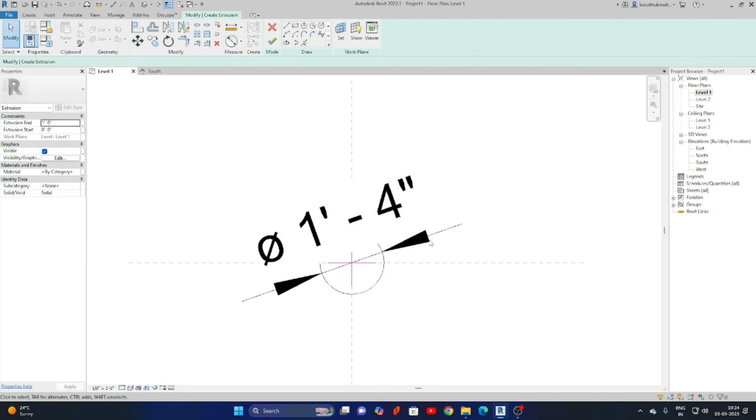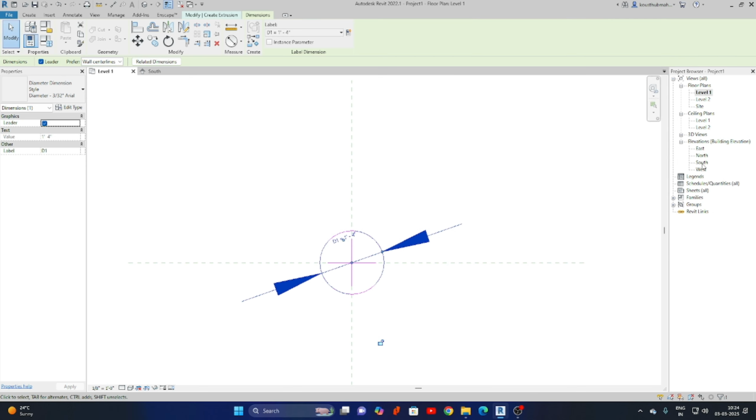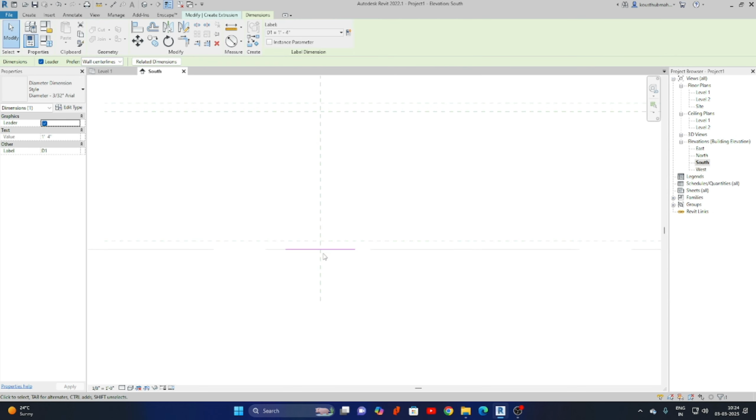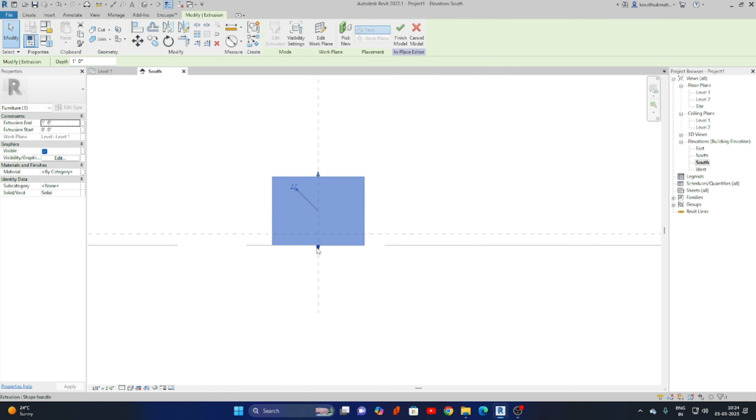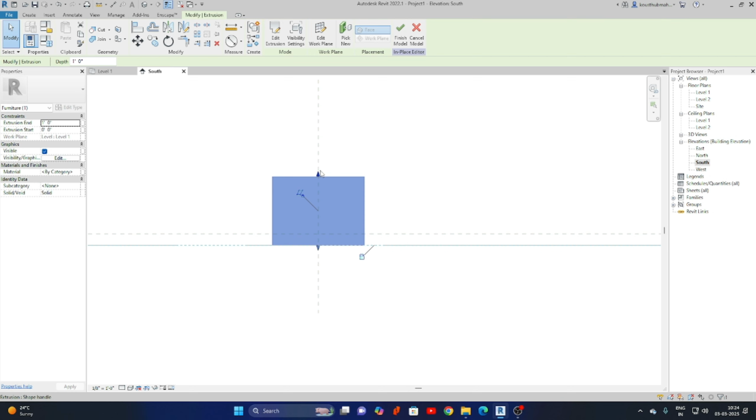Okay, so I will select, and you can give the parameter. It is the base diameter. Here I will simply give D1. Okay, I will give it as D1, diameter 1. Okay. Next, before accepting this extrusion, you select it, and you can see that from the elevation, then accept it. Next, you can just select the shape handle, drag and drop at the same location, lock it, and the top one I will keep up to here and lock it. Okay. Next, go back to the